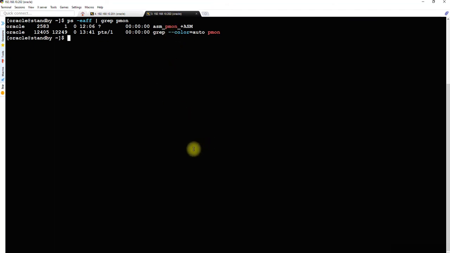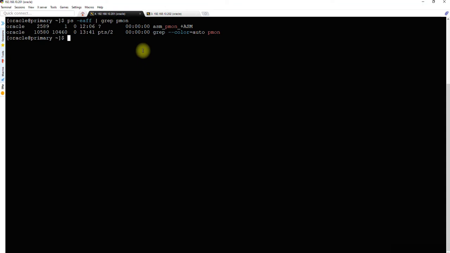We will see that. After that, we will use some specific parameters, which we will see in detail, to configure this database as a physical standby database so that it receives the redo logs from the primary server and applies them on the standby server, that is 202. That is how it is called standby. And in future we will configure logical standby, data guard broker, and snapshot standby. So we will see what all things will roll on. First of all, what we need to install is the database software on both the nodes.